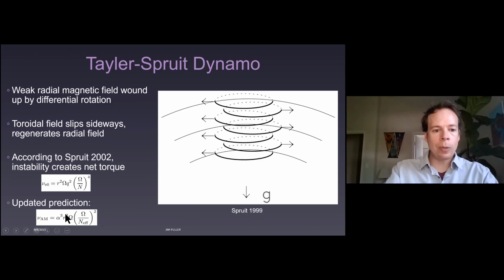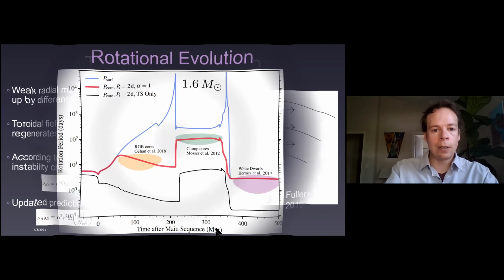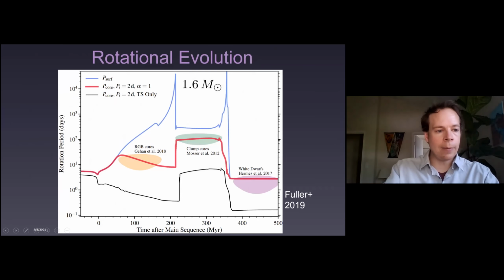So what we can do is we can take a prescription like this and we can put it in a stellar evolution code, and we can model the rotation rate of the inside of the star, and we can compare it to data. So that's what's shown here. What I'm plotting here is the rotation period of the core of the star as a function of time. And the observations are these colored ovals. And our new model is this red line, which you can see matches the asteroseismic data pretty well in the red